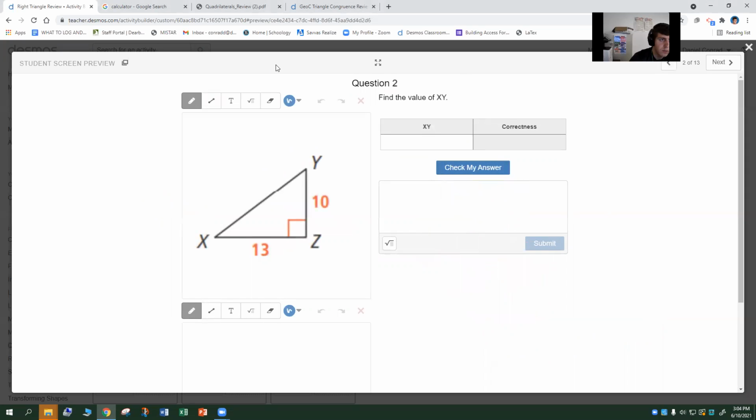All right, next question here. Again, we have two sides of a right triangle, so we're going to look for the third side, which we'll call x. So A and B are the legs, so A and B are going to be the 13 and the 10. And then C is your hypotenuse, which we're going to call x. So we have A squared plus B squared equals C squared. Okay, so that's going to be 13 squared plus 10 squared equals x squared. So it's going to be 169 plus 100,